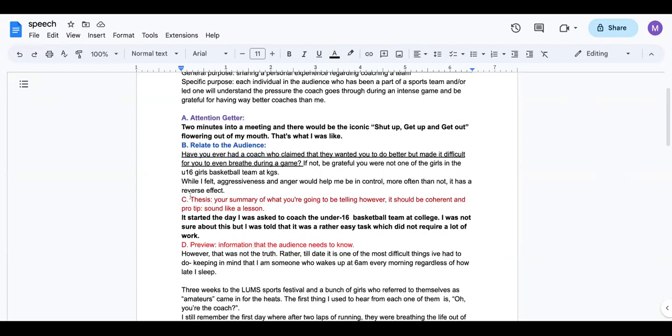Then you have your thesis, then you have your preview, which is you basically starting the point. You're starting your story. You're starting your speech, so you're taking them back, even if it's you accepting an award. That would mean you are starting somewhere. So you can say, "My journey has been..." and that would be a preview. Preview is anything that forces the audience to go back a little and think of the past. So that's your introduction. Then you go ahead and talk about your body paragraphs.